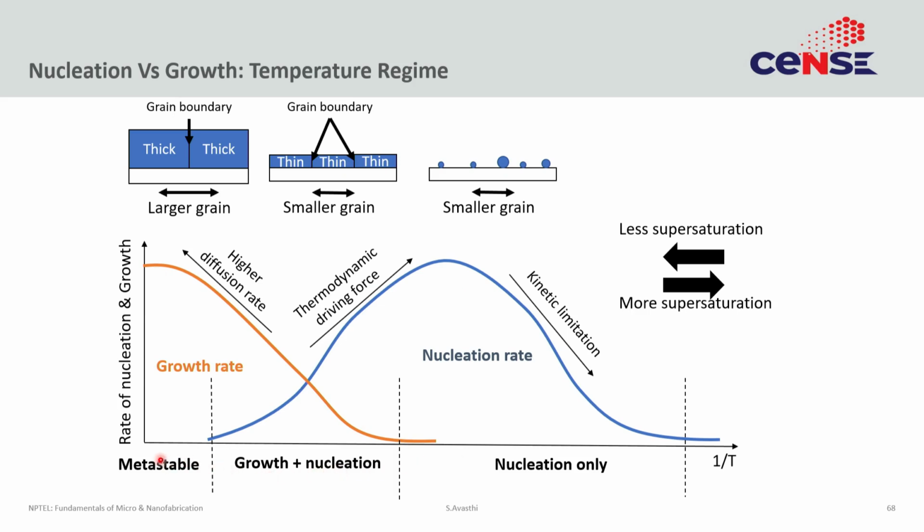You can ideally do the growth here, right, which is very close to the melting point. This is the metastable region. The practical equivalent of this is the super cooled liquid, right. So, if you take a water bottle and you keep it in the freezer, there is a possibility that it will go below the melting point without actually freezing. At that point, the bottle is metastable. In fact, if you take that bottle and just bang it on the counter, suddenly you will see the ice form. So, that is because that water is sitting at a metastable state.